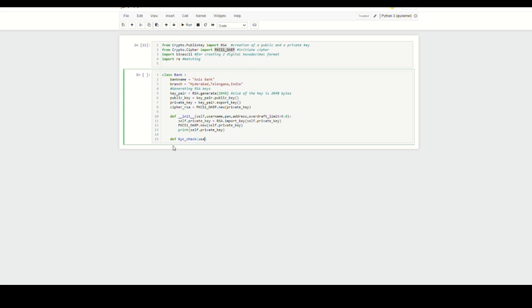Okay, how am I going to do the KYC check? Just follow me. I'm going to define the KYC check. Self, again like the same as above, self, username, PAN, address, and then afterwards I put it in the correct place. If self.validate_username(username)